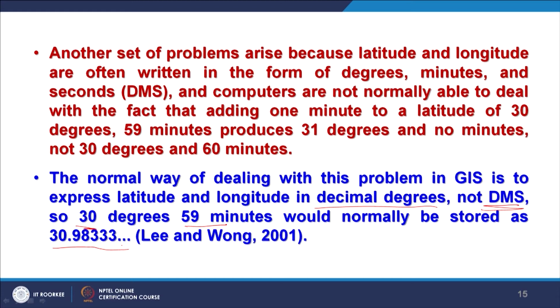And that is why, though the data may be stored in our database, for spatial data and database, maybe in DMS and maybe in DD, this is how we store. But anytime we want to display on the screen in DMS, we can do it very easily. And in the previous demonstration of GIS software, I showed these two things, that you can see it in DD as well as in DMS, no issue.